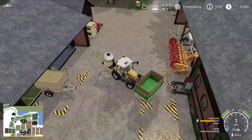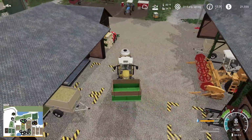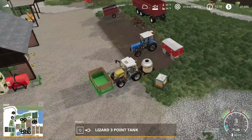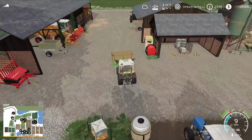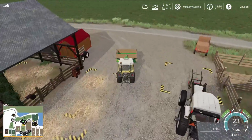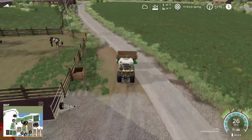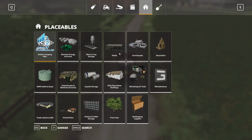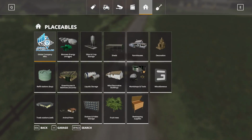Well, you know what? We'll hold on to it, and here's why. We can hook it up to the Ursus and have the Ursus use it for doing the greenhouse, so that way I don't have to drive up over there all the time. Just to make our life a little bit easier. So let's drive down. We'll look at some water transporters in the store. And the other thing we actually need to do as well is under placeables, to be under...